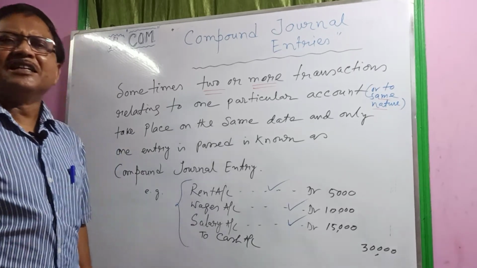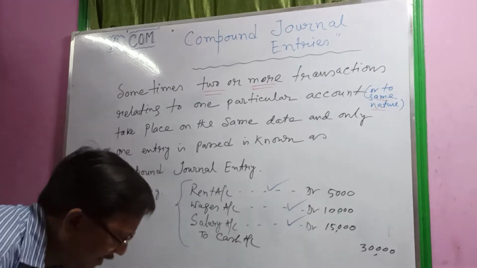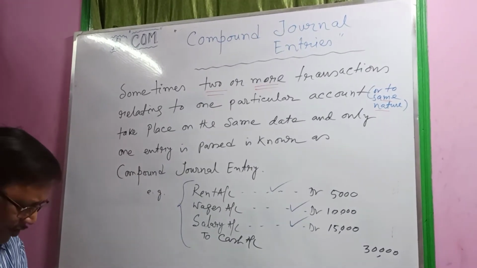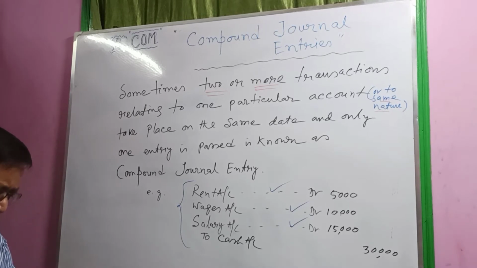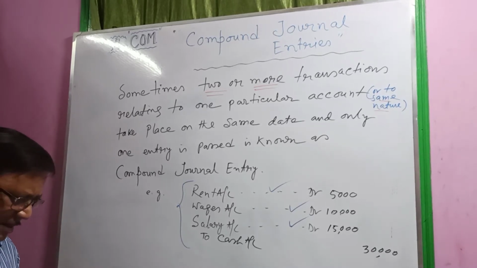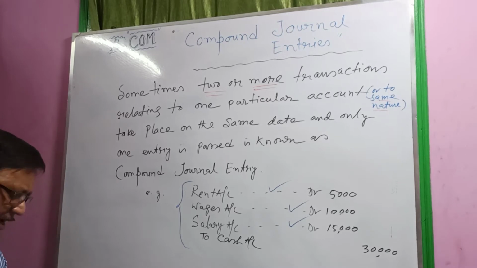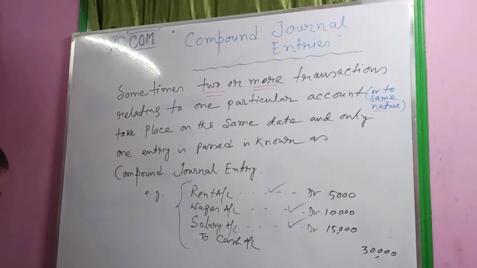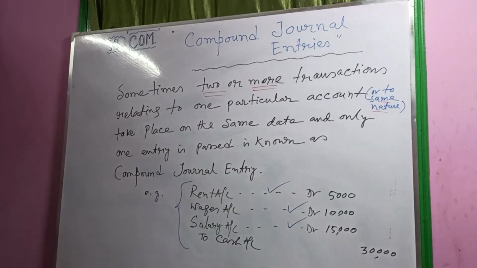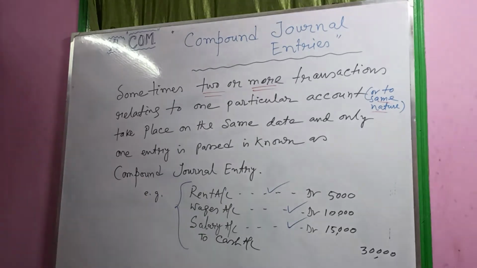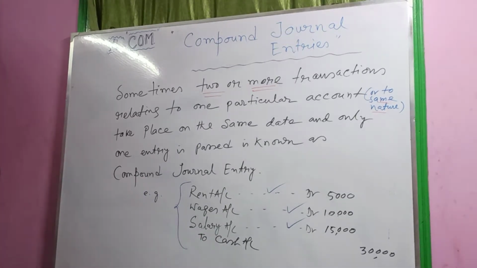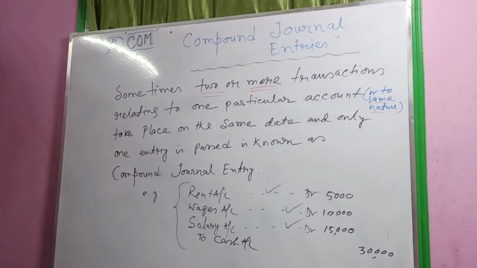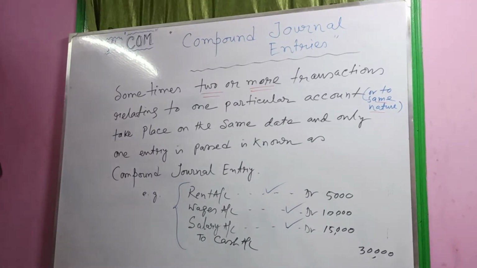Now let us discuss some typical transactions. Say, for example, bad debt recovered: the journal entry is cash account debit to bad debt recovered account. But in the case of loss by theft or fire, the journal entry is loss by theft or fire account debit to purchase account or goods account. In some cases, goods given away as free sample or for charity purposes, then the journal entry is free sample account debit or charity account debit or advertisement account debit to purchase account.